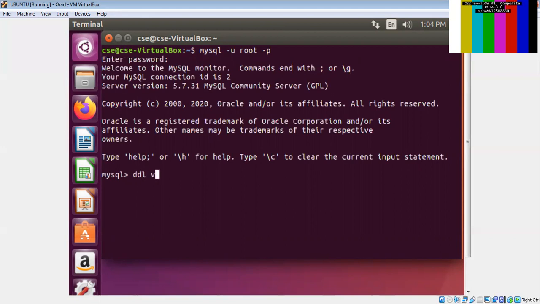DDL commands, right? So DDL commands are create, alter, drop, and truncate. Create we have already learned, like create database and create table, table name, and the name of the attribute, data type, and size of the attribute. As the machine is changed, I have created